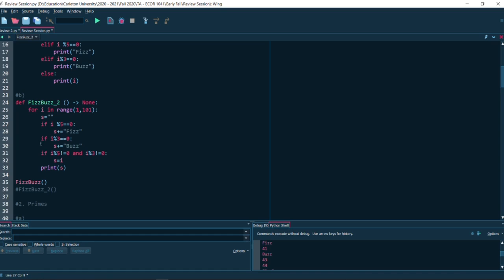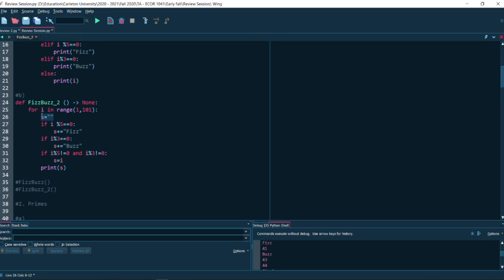Now, notice how I didn't use elifs here, because I'm okay with the case that both of these if statements are run. Let's say the number is 15. This one is run and this one is run. So then I add fizz and buzz together and I end up with fizzbuzz, which is exactly what we wanted. And if it's divisible by neither, I just set the string to the number.